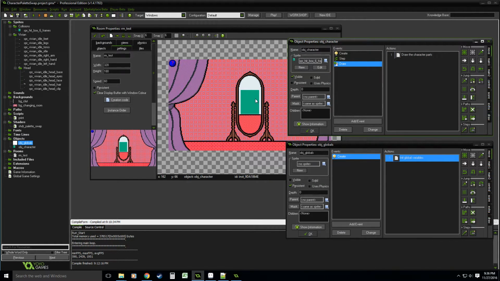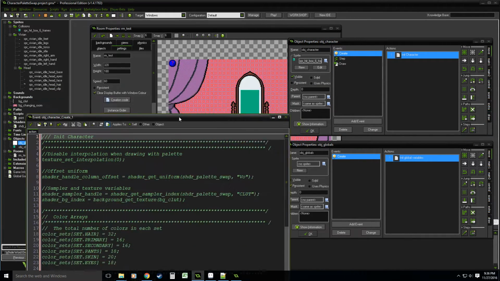And then I have another object called character. That's this green box. You set the sprite to that hitbox. We're not actually going to draw the box, but it's just there to act as the hitbox for the other sprites. So in this init function,